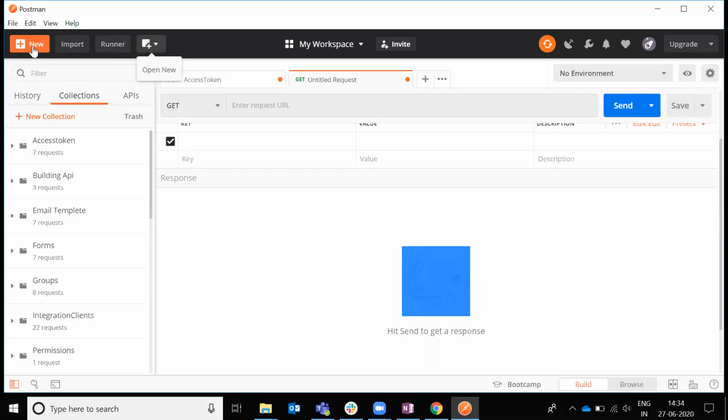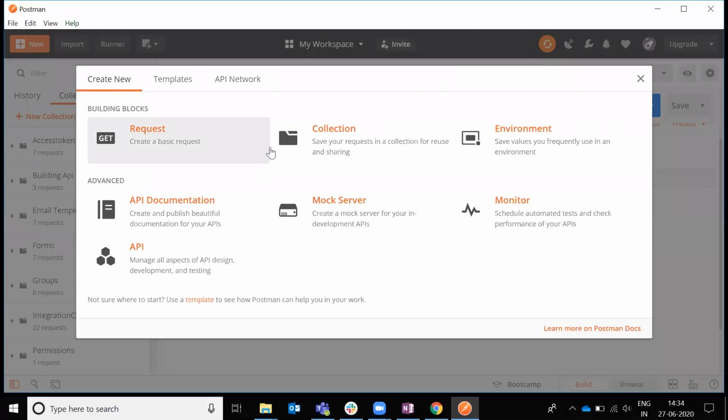This is basically the new button. You can create a request, collection, environment, monitor, or a mock server. Mock servers, I will tell you in later points. Basically, mock is like an example.